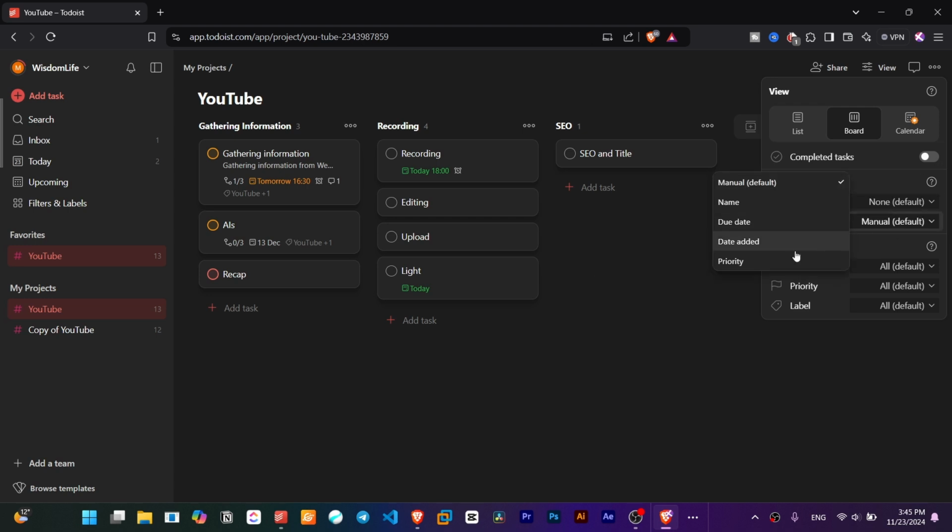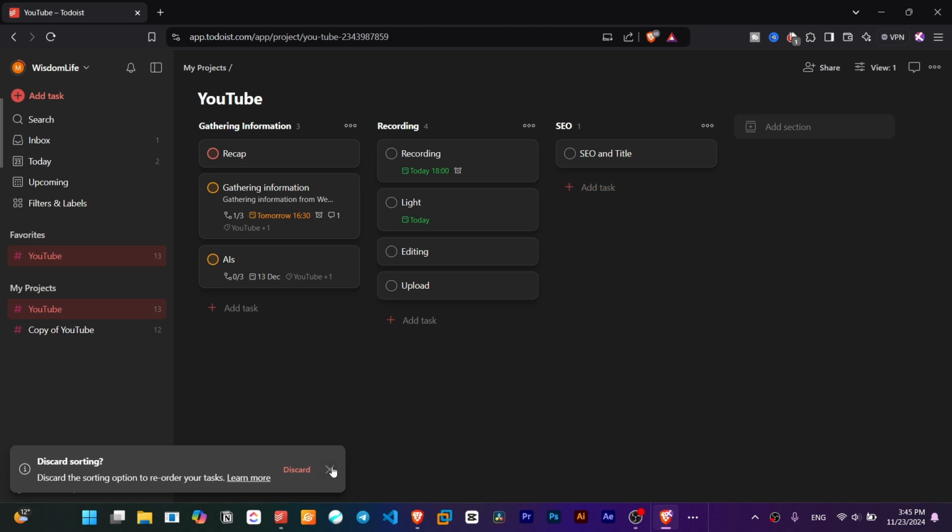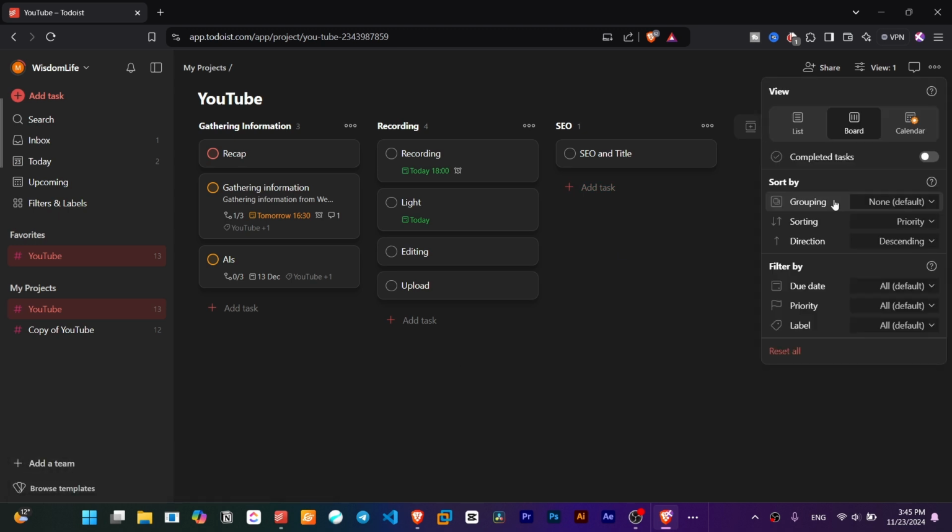For example, if I set priority, it changed the order. Here you are. There are more options too for sorting or for filtering. About sorting, you can group based on priority, for instance, about seeing tasks that are in the same priority. About direction, you can test them all. Somehow maybe it might be useful for you, but for me, priority and the sequence that I consider already is